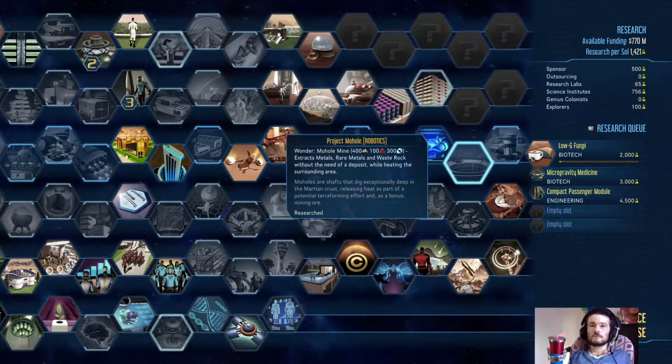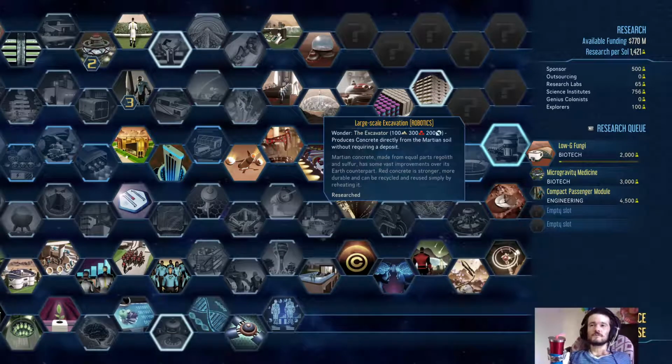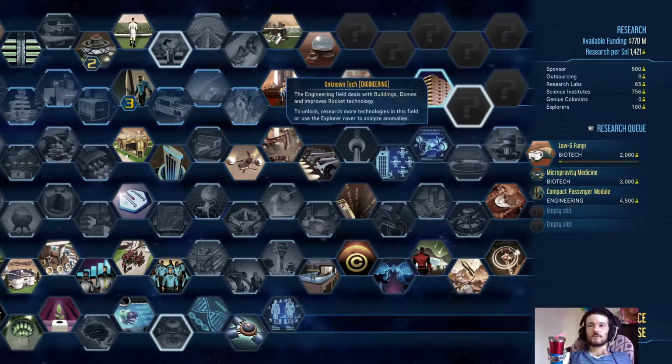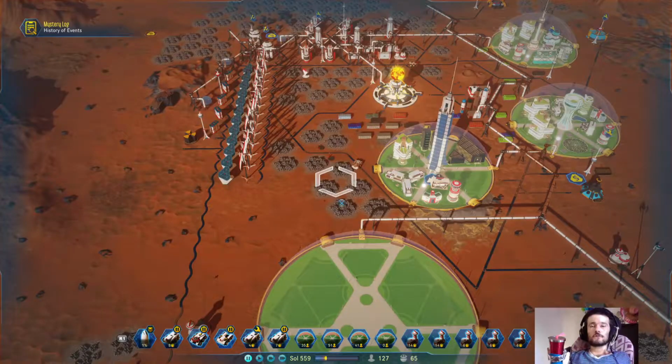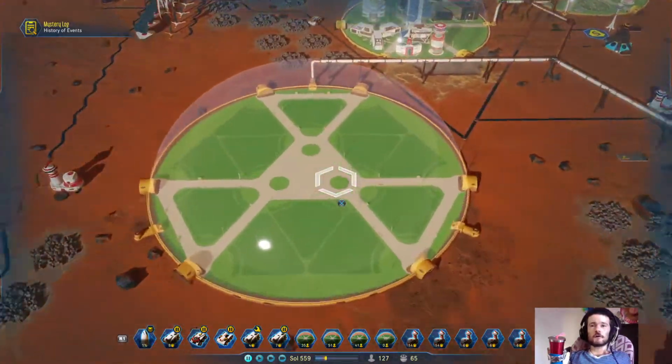Boom. We got our mole. That's what it's called, mole. And the excavator, where we will be getting permanent concrete and permanent rare metals and metals. Wow. And we'll need this to increase the rare metal production for electronics, because I plan on skyrocketing our electronic